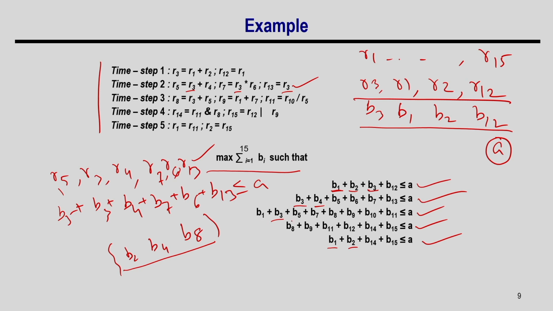Here B8 is getting access, not B2 or B4. Here B8 is getting access, there is no B2 or B4. Here B2 is getting access, no B8 or B4, right. So, that means this mapping satisfies all the constraints, and if there is a single port, I can map these three variables, that is R2, R4 and R8, to this register bank.